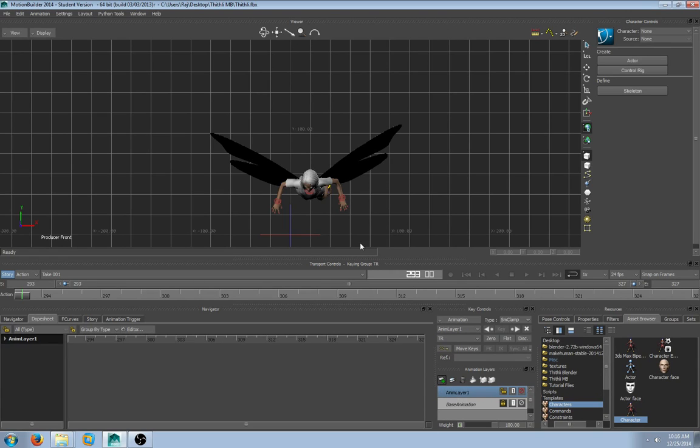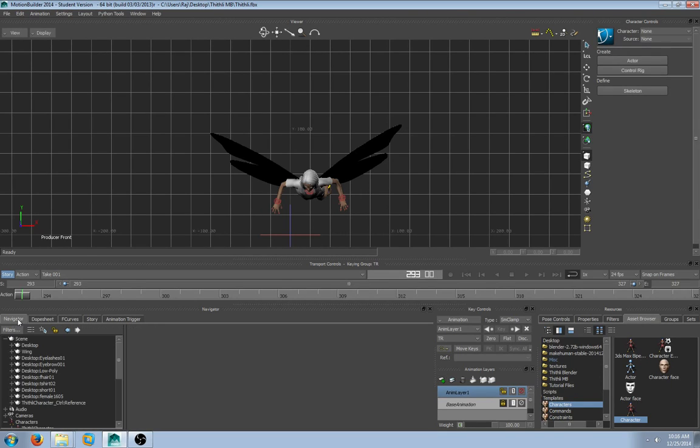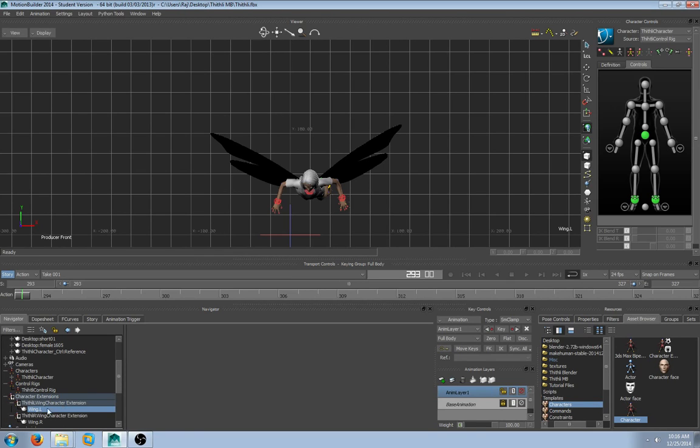Basically this new layer we'll be using to clean up the animations. Mocap animations tend to be a little bit jittery and need cleaning up, but right now this is fine. We'll just use this extra animation layer to animate our wings. We'll select our character extensions. I have my left and right wing. Okay, my left wing